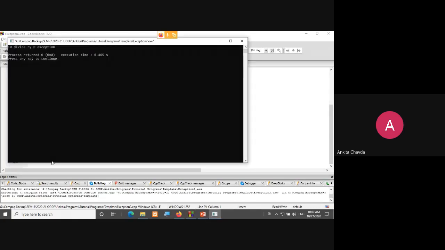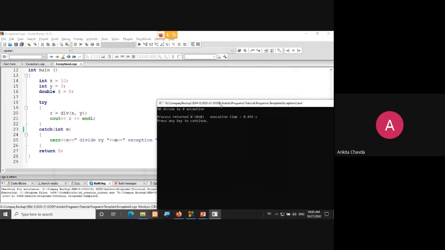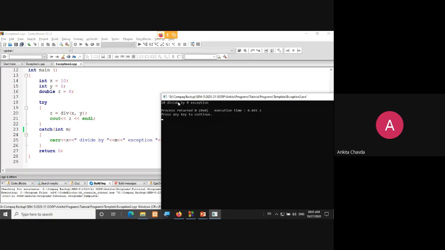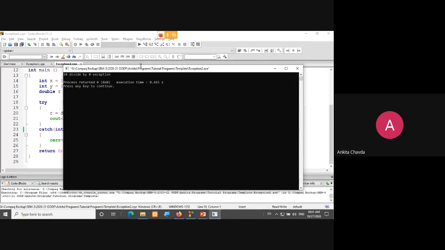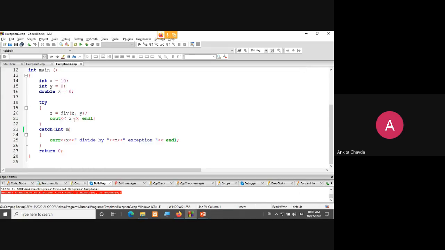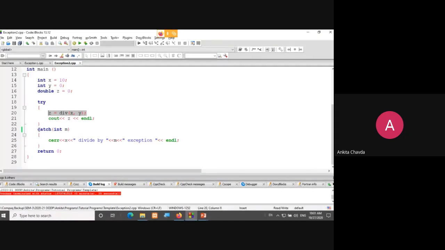Have you seen this? Directly here, 10 divide by 0 exception raised. So it won't print cout z. Why? Because from whichever line there is an error, it will immediately come outside of this try block and go to your catch block. Say suppose you have written 500 statements.